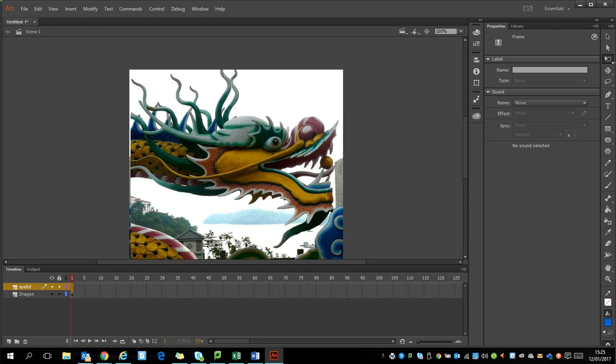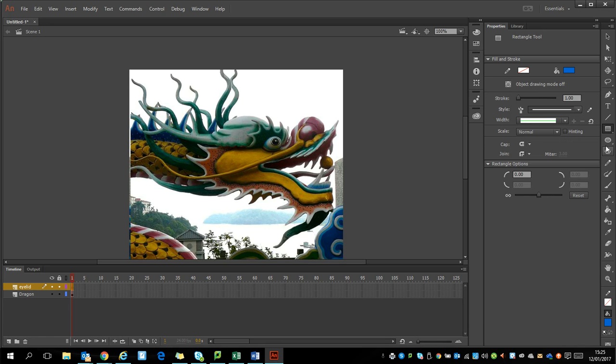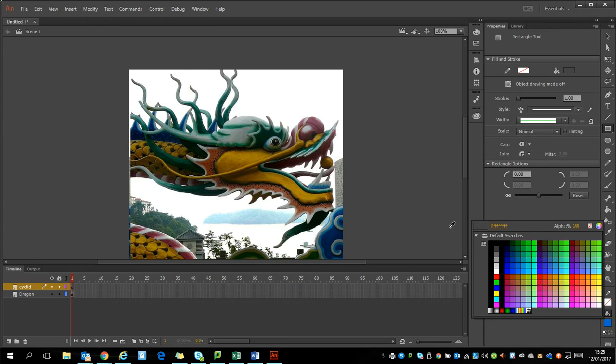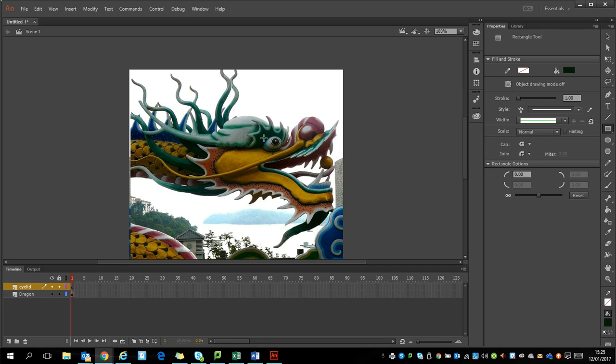So let's get this eyelid underway. I'm going to start off grabbing a rectangle tool, and I'm going to set my color by clicking the color there at the bottom and just coming over here and selecting a color that pretty much matches the color of the eyelid. I'm going to do a long and thin rectangle in there,